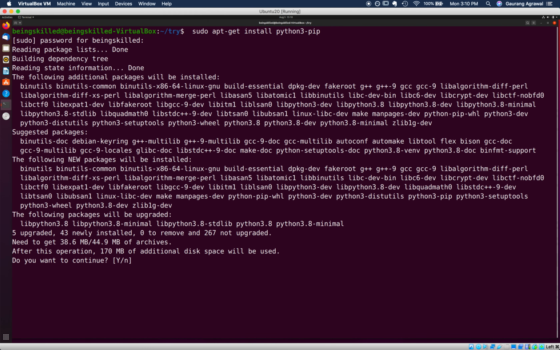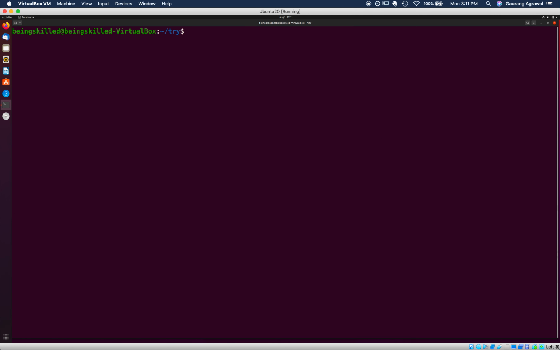So now it is showing us the list of items which are to be installed. Hi, in this tutorial we will learn how to install a package in Ubuntu. So you can call it a package, or a software. So for that you just have to go to terminal and type apt-get install and then the